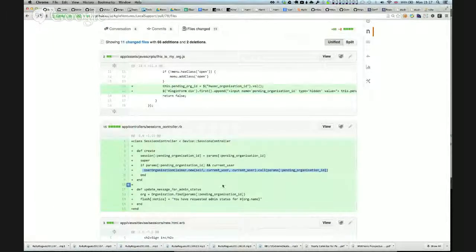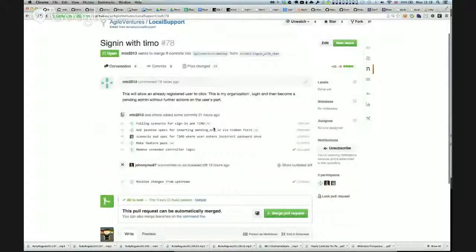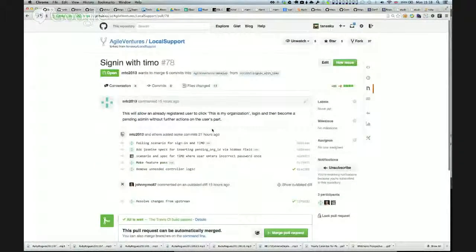There I'm inserting self, which gives a callback to this update message for admin status, which kind of duplicates. If you're going to situate the email functionality into one controller, I'm thinking you have to either figure out how to have it call back the controller, the user controller, or just have that functionality replicated. I'm talking about your recent pull request.